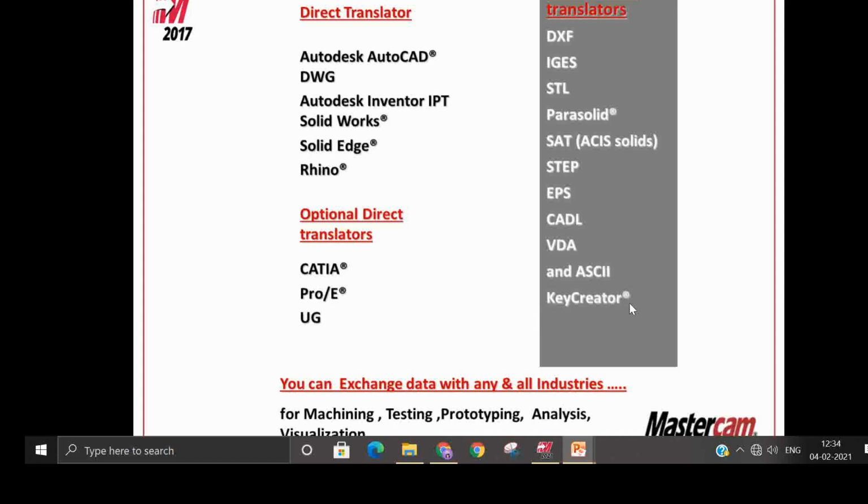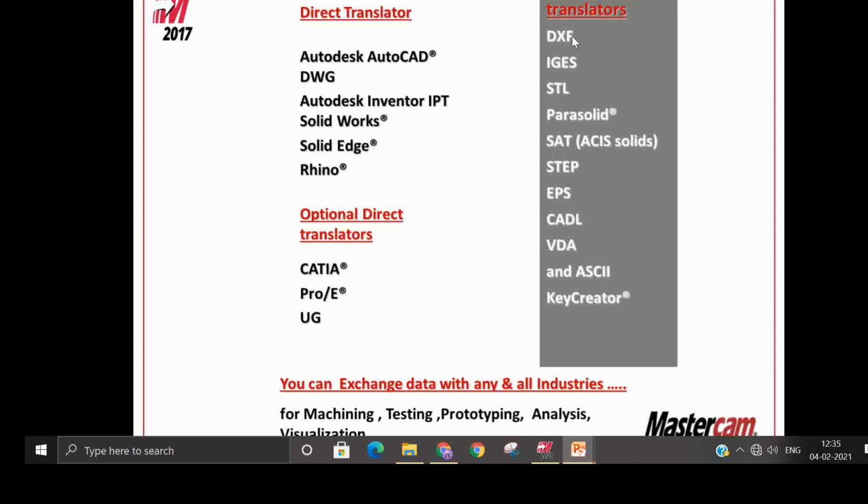These are the common translators. You can find out the extensions of these file names; just check on the internet and understand.